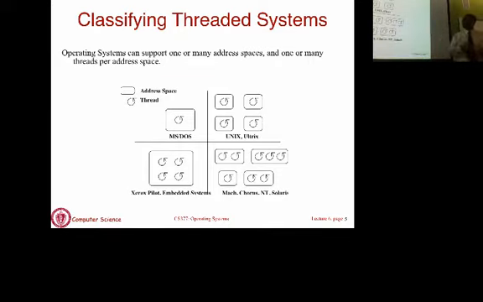Later operating systems such as Ultrix and early versions of Unix generalized that model to multi-programming. You have multiple processes that can execute, and each was still a single-threaded process. This is early Unix, not today's Unix. So, multiple processes, single thread within each process. And then you had embedded operating systems which ran on embedded devices that still supported a single process but supported multiple threads within that process. So it was one process running within the system, but you could have multiple threads within that process.